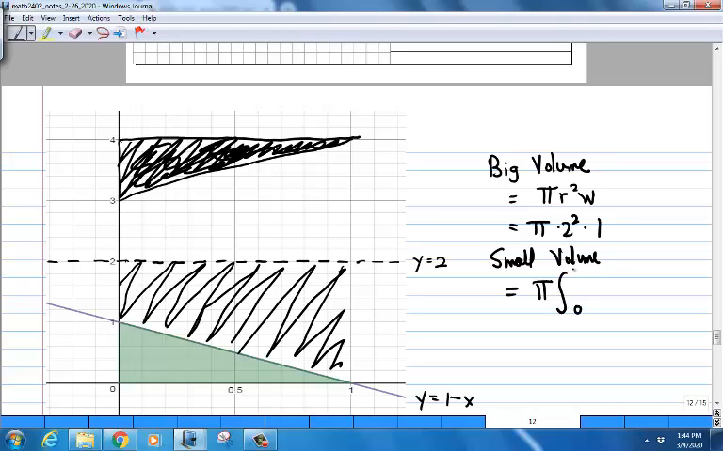0 to what? 1. That's pretty obvious, right? We're going, again, from 0 to 1 on the x-axis. Nice limits of integration. Don't always expect them to be that nice, but they're nice here, right? And now,